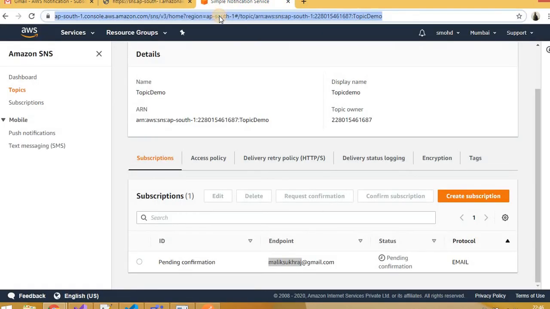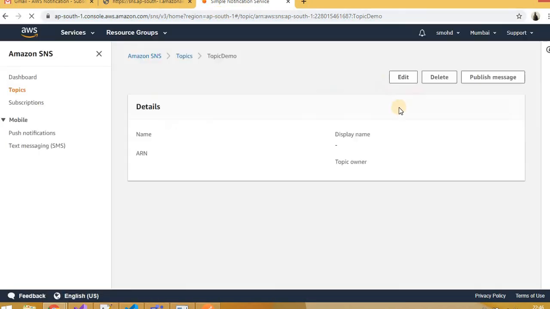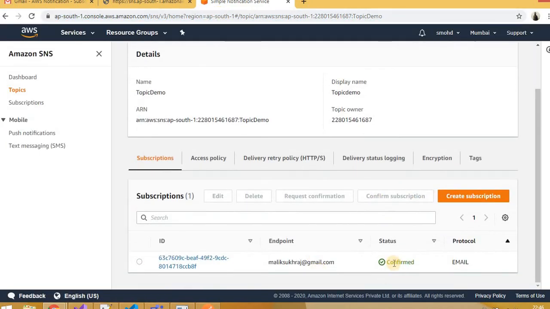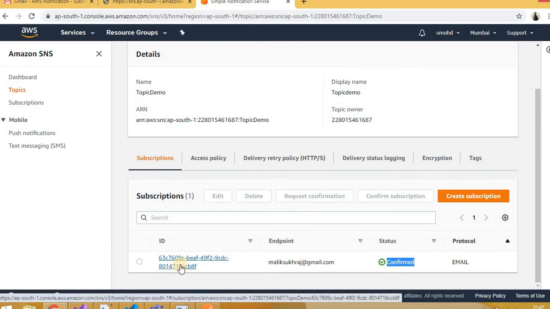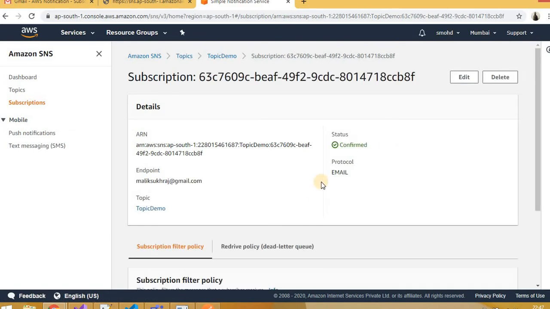I'm just confirming it, and it will change this state. It is confirmed and one unique ID got attached to this particular subscription. If I click here, it will show in which topic it exists.